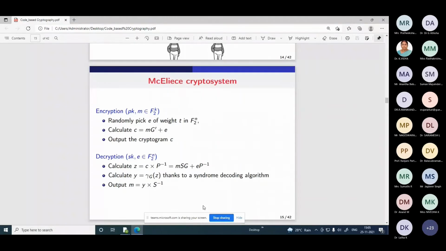Then many proposals aim at reducing the key size of McEliece. So they are bringing different codes in place of the Goppa code in order to reduce the key size. The same encryption algorithm and decryption algorithm, but what they are choosing is a different generator matrix. When you change the generator, you are just changing the code. So a lot of modified versions are coming in order to reduce the key size of McEliece.